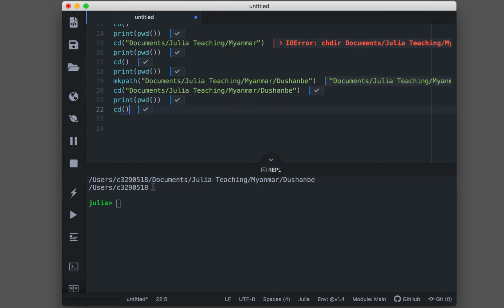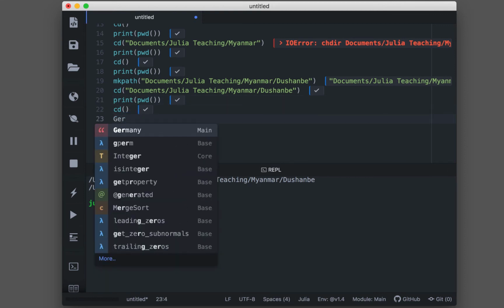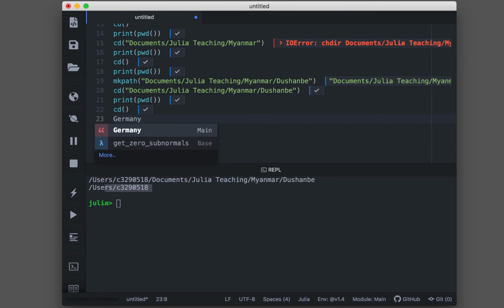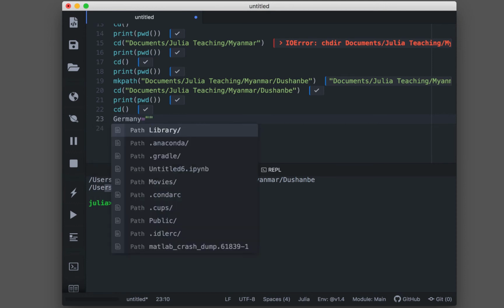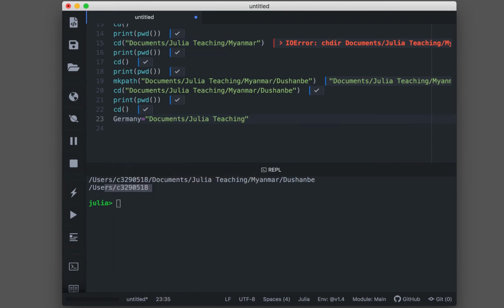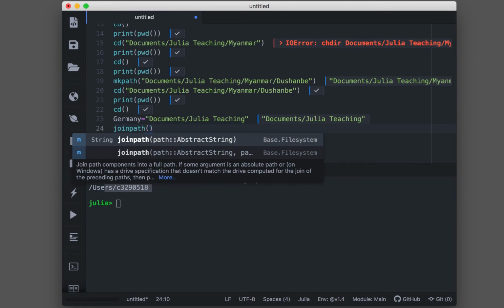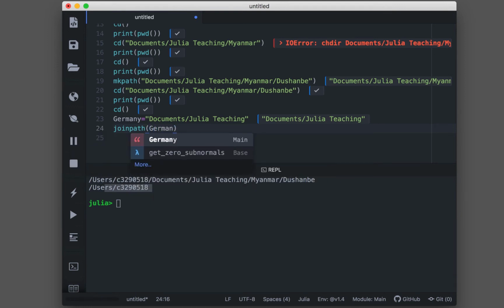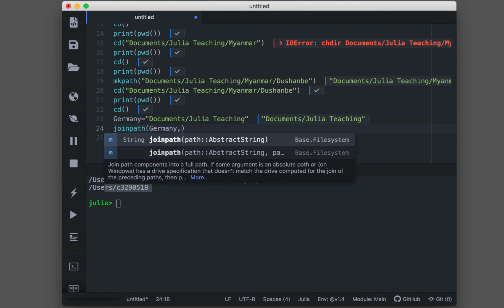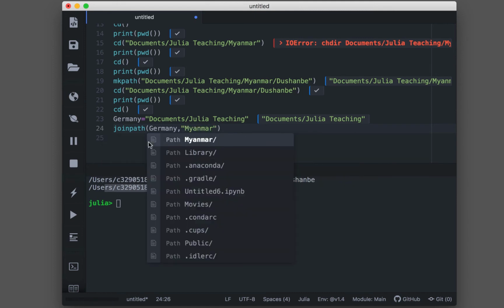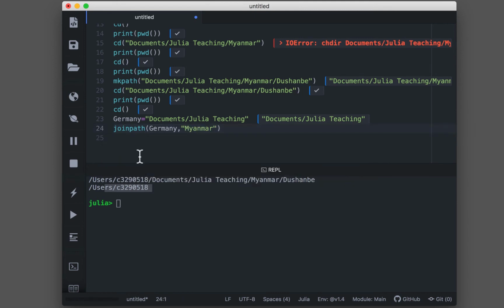Then I will define a new path called Germany, which is equal to, then I will define for that Germany and comma. So after compiling this,